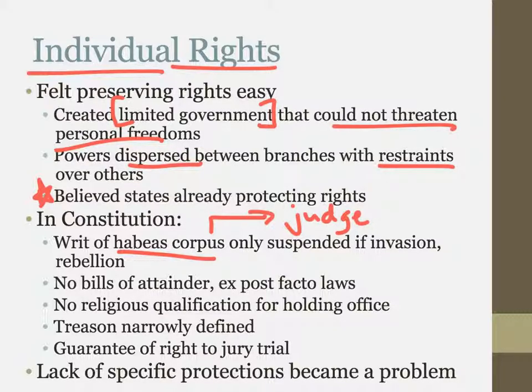They said there would be no bills of attainder or ex post facto laws. These are laws that the British had used. A bill of attainder is basically a law that declares someone guilty of a crime and gives them a punishment, so it kind of takes over the judicial branch and the executive branch in a law. And ex post facto laws means that people who broke the law prior to the law being passed would be prosecuted for doing so. So you can't do that.